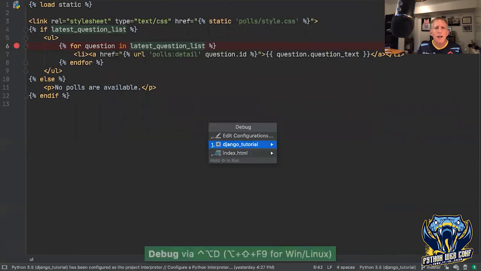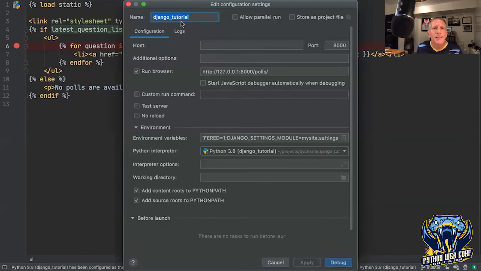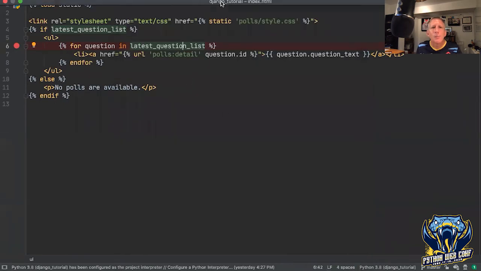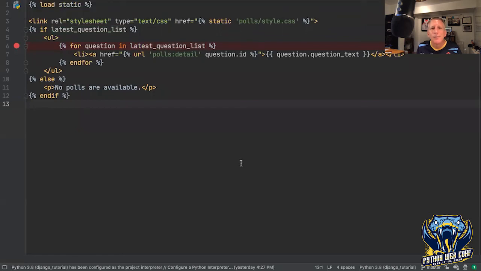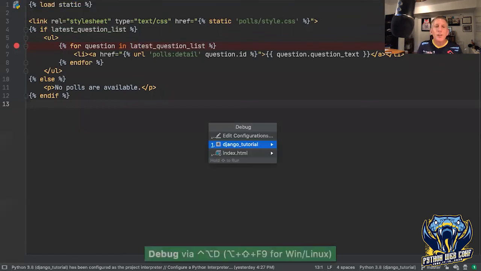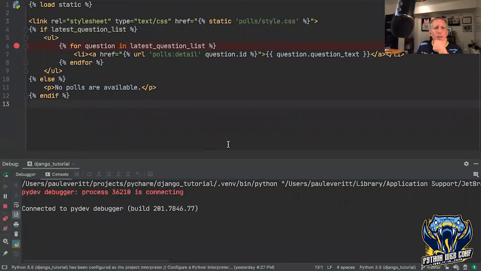So I'm going to bring up the debugger. I'm going to run this. I'm going to run Django, the Django server. I'll also mention that this is a run configuration of type Django server. That's what this little curly thing is here. So we get some extra things happening, like a custom set of configuration things. So I'm going to run this under the debugger. It's going to fire up,